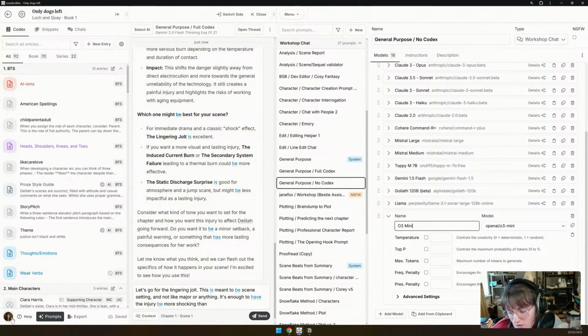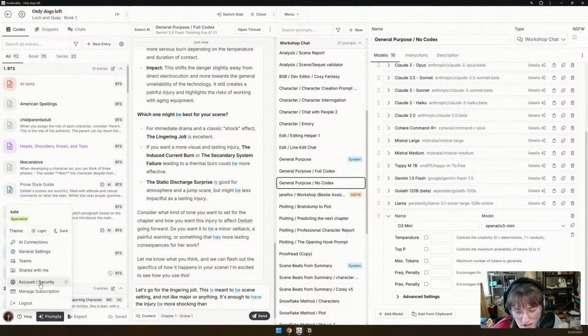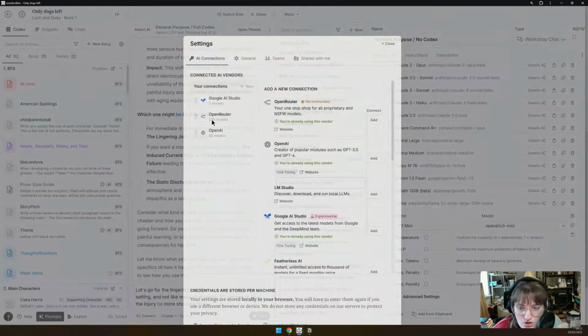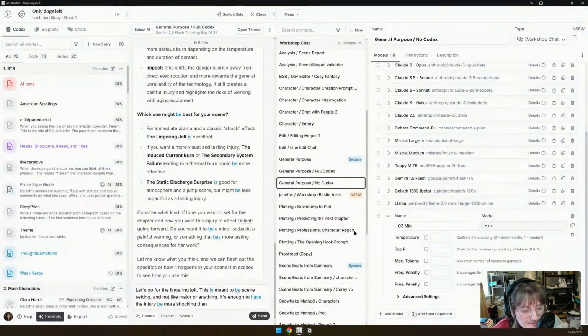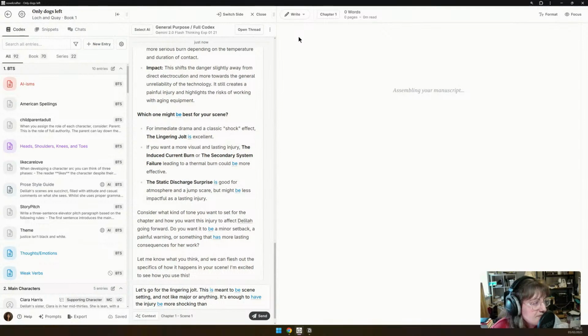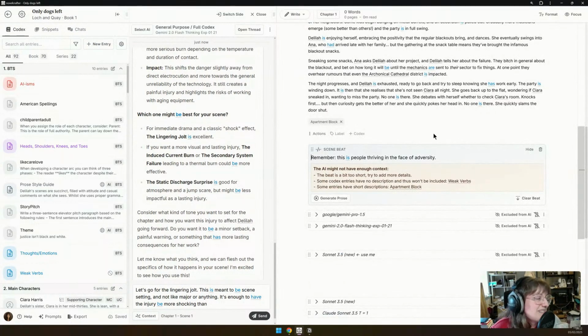Then I go to settings, AI connections, and move OpenAI above OpenRouter. Okay, I can give it a go. We'll see.